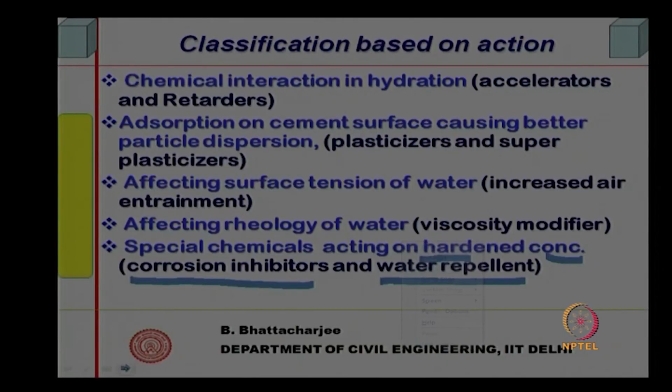Viscosity modifier will modify the viscosity of the water, so it changes the rheological properties. Corrosion inhibitors would of course stop the corrosion process, the electrochemical reaction. Somewhere it will stop either anodically or cathodically. So, this is the classification of